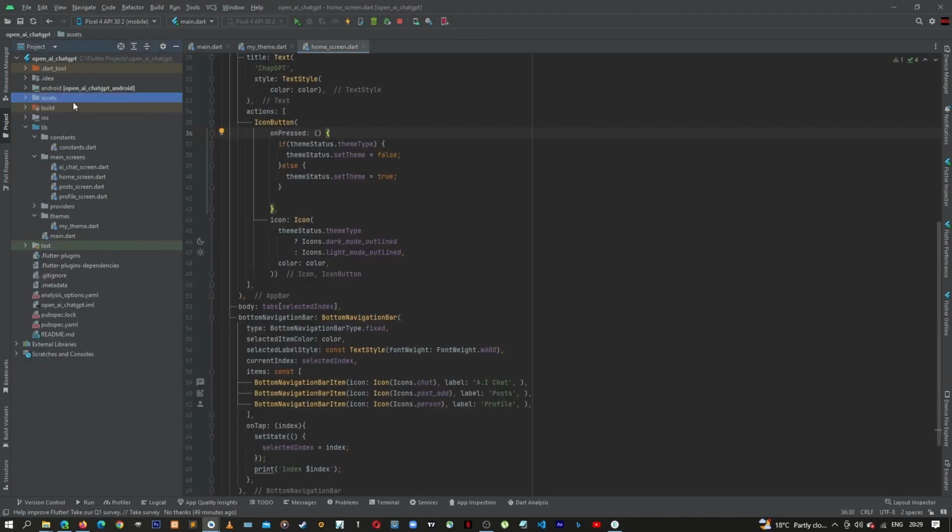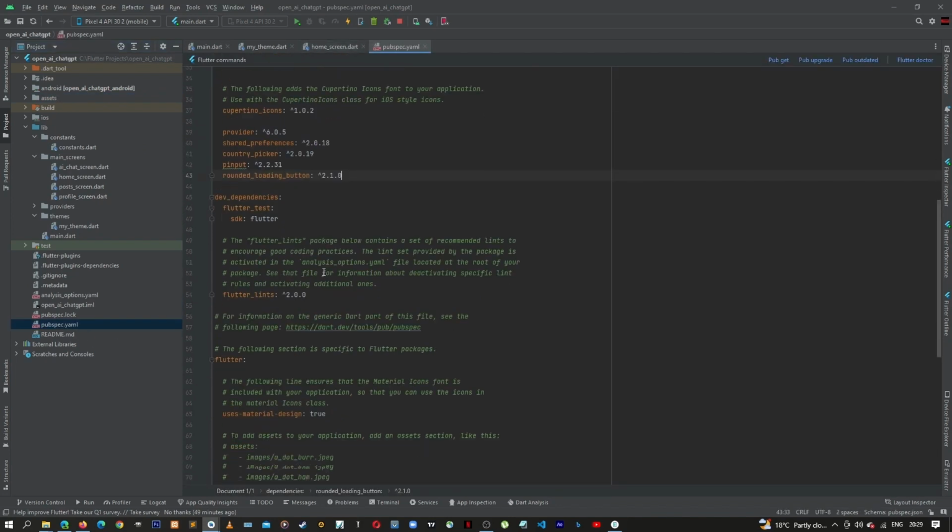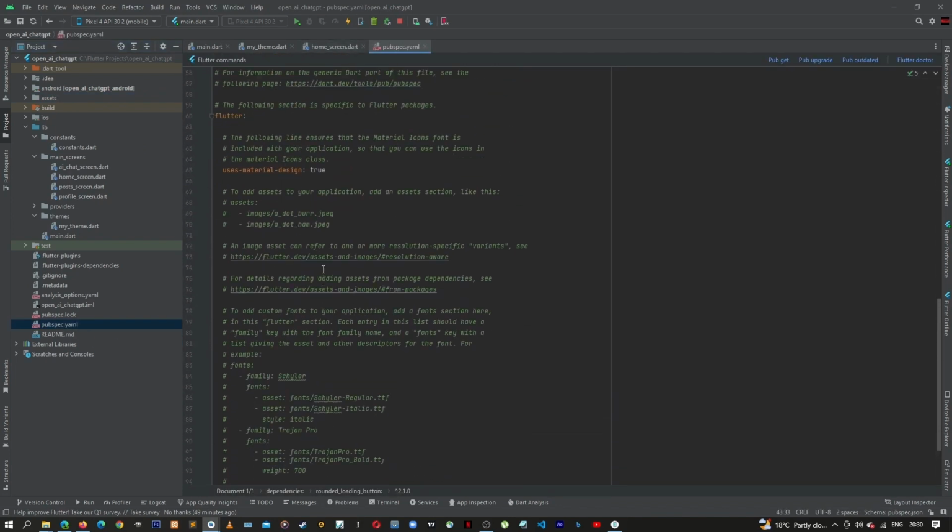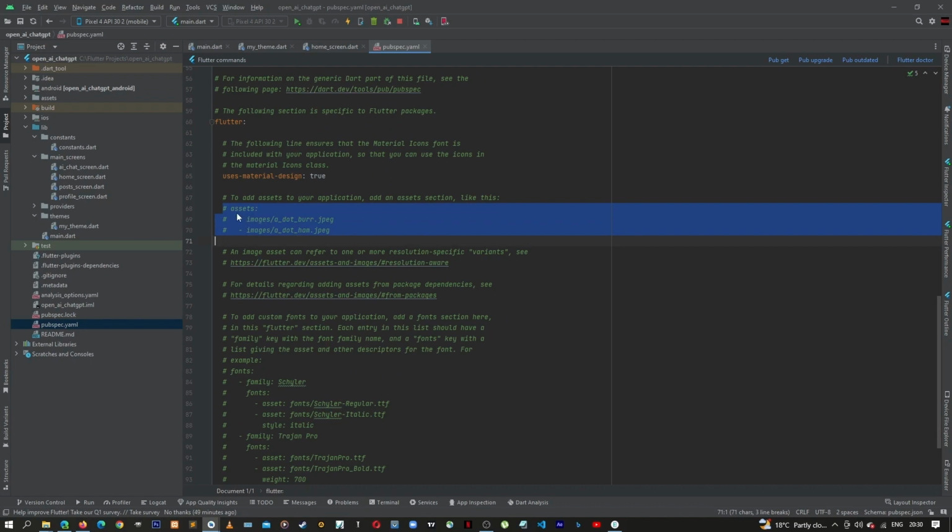To be able to use these assets, I'm going to go back to pubspec.yaml, and then here where there is assets, I can uncomment this and move it so that it aligns with everything else with this material design. And then I'll also uncomment this, then move this to, should be directly below that second S. And then I'm going to rename this to assets,